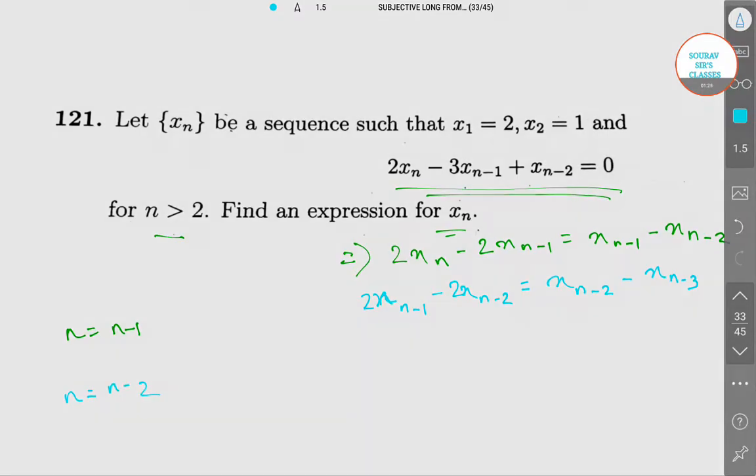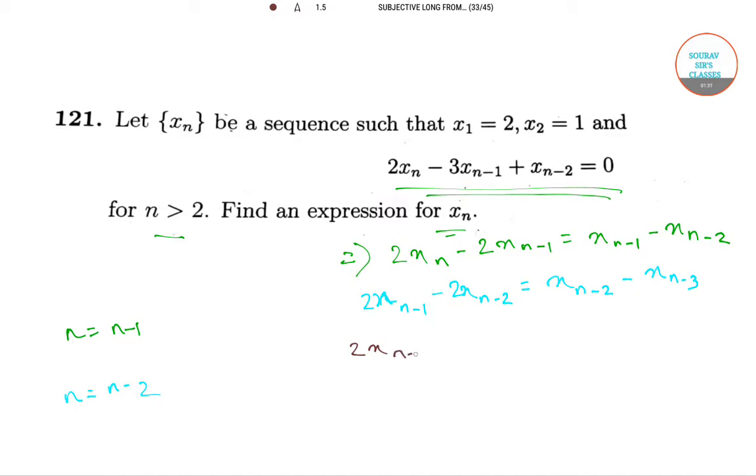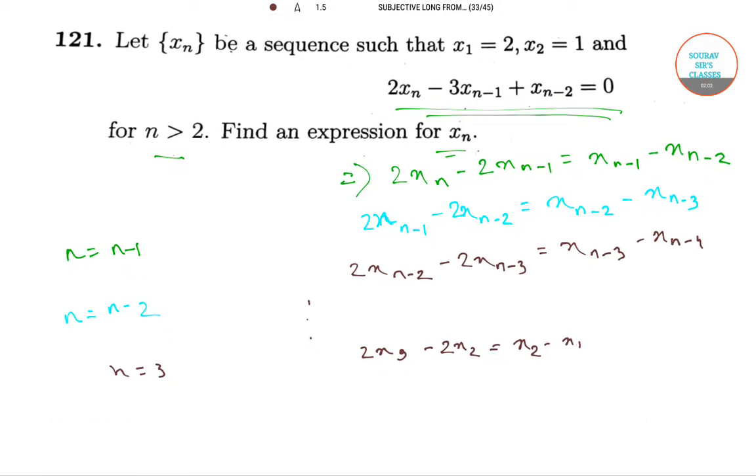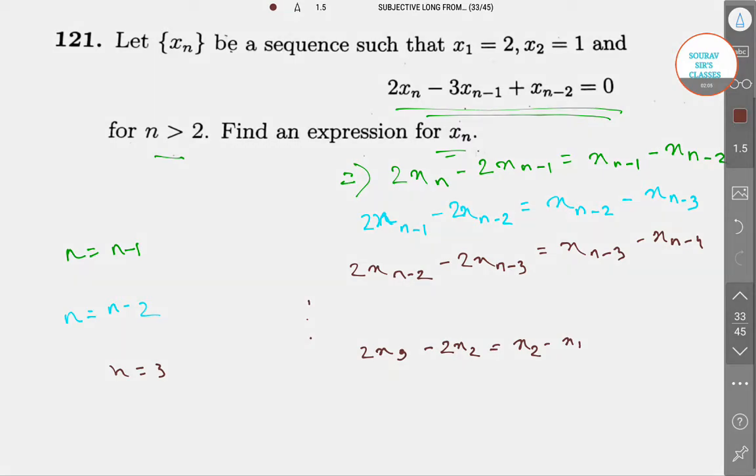I'm again changing the color. We will get 2x(n-2) minus 2x(n-3) is equal to x(n-3) minus x(n-4). If we continue, then by putting n equal to 3, we will get 2x3 minus 2x2 is equal to x2 minus x1. Now adding all these equations together, we will get the answer as